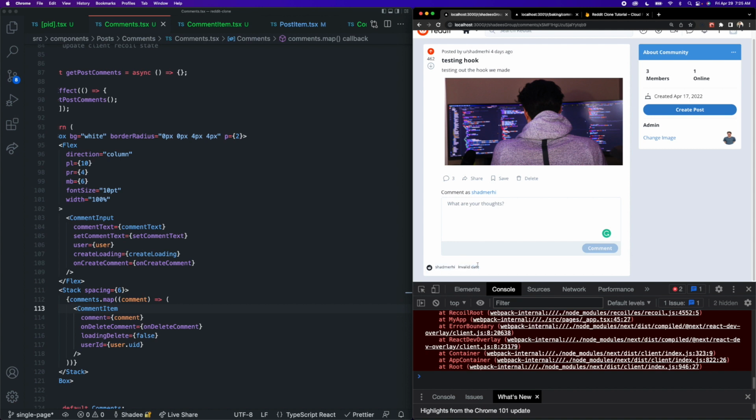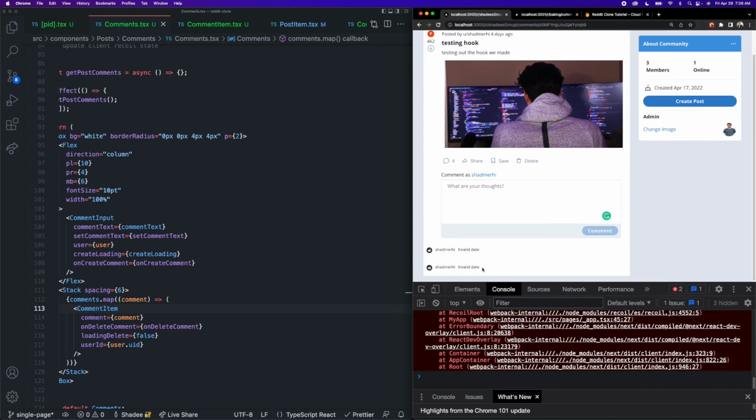And I did create that one a few minutes ago. That's why there's one here. So if I create another one now, it should show up right immediately in state here. Okay, so we're getting an invalid date here, and this has to do with our created at timestamp, and we're